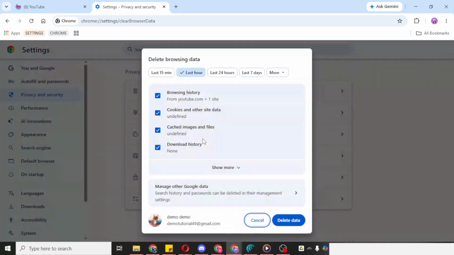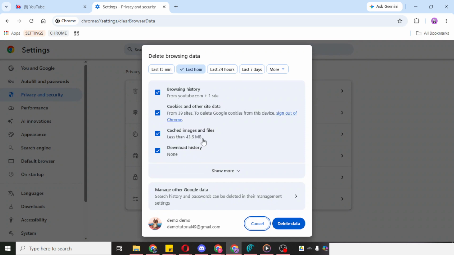Now look for the option called Delete Browsing Data and click on it. A new window will appear with options for removing stored information from the browser. This is the part that often helps fix website problems, especially when a page is using outdated or corrupted cached files. If you are following these steps exactly, proceed with the delete option shown on your screen and confirm the action. Once the browsing data has been deleted, close that window and try using YouTube again in Chrome.